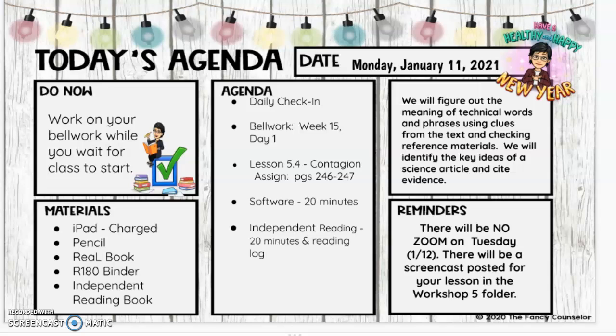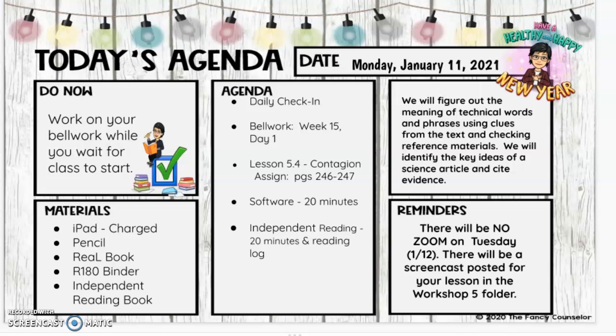Today is Monday, January 11th, and we will be continuing our work in Workshop 5, Contagion. And again, make sure you have your materials ready. Today you will need your real book, make sure you have your pencil, and make sure your binder is handy because your bell work is in there as well as your independent reading log for this